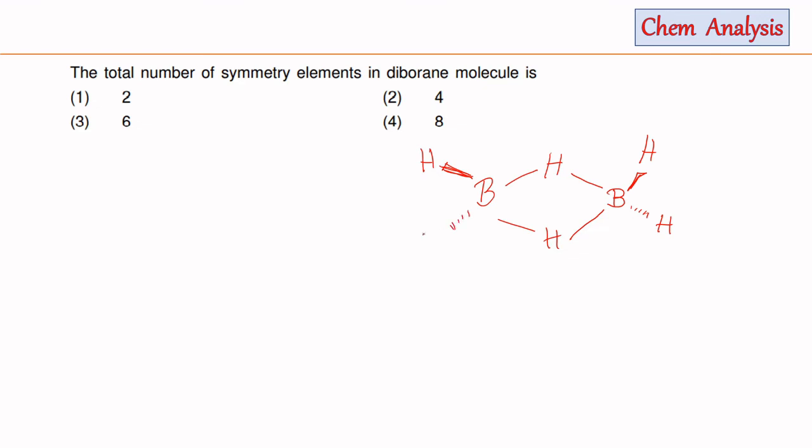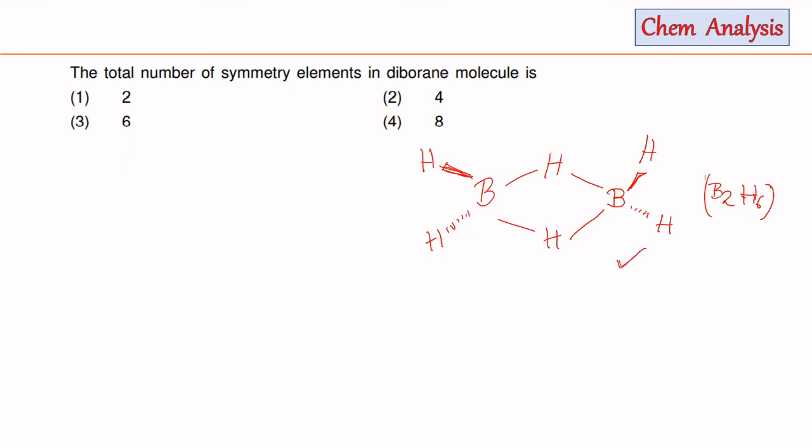So this will be the structure for diboron, that is B2H6. It is a dimer of boron, that is BH3, and by forming this structure BH3 attains octet. Now in this case we have to first of all see how many symmetry elements are possible